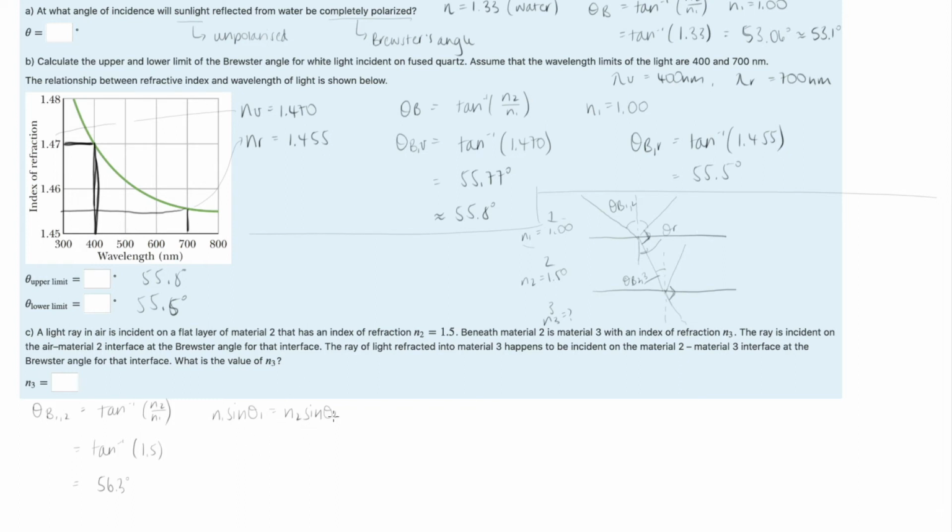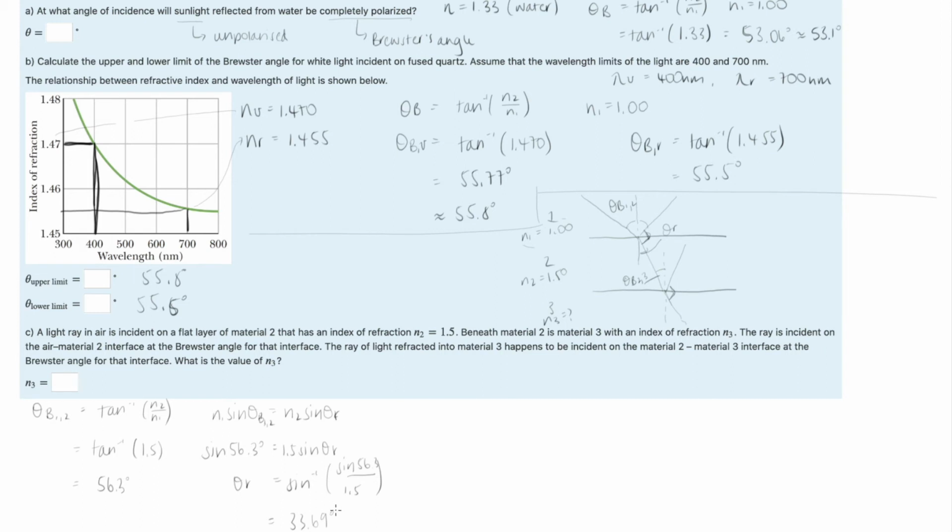So to work that out, theta 1 is the Brewster angle of materials 1 and 2. So sine of 56.3 degrees equals 1.5 sine of the refracted angle. So the refracted angle equals the inverse sine of 56.3 degrees divided by 1.5. And when we do that, I get